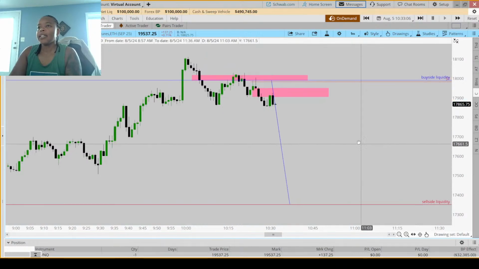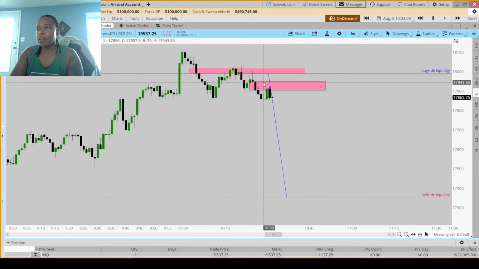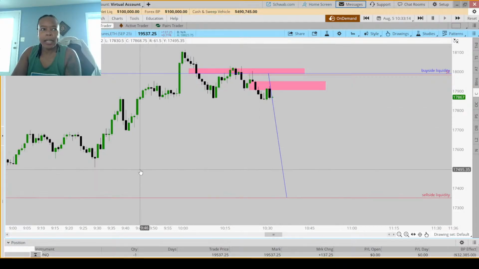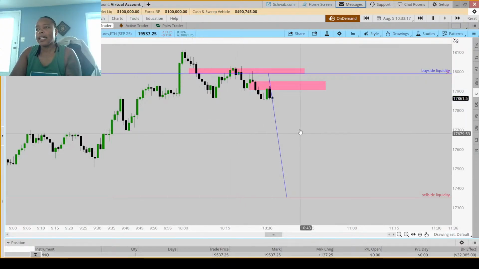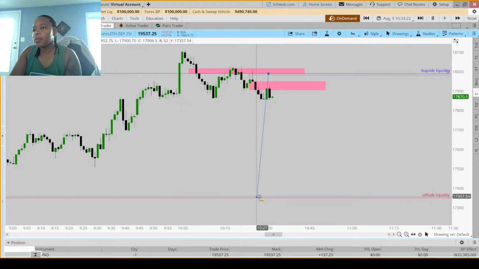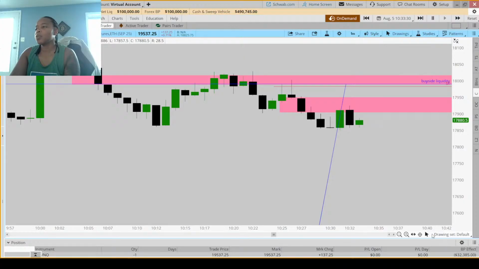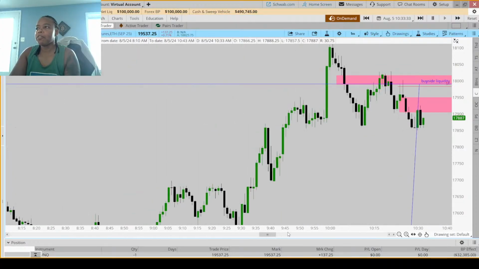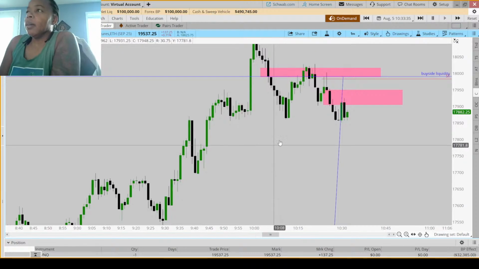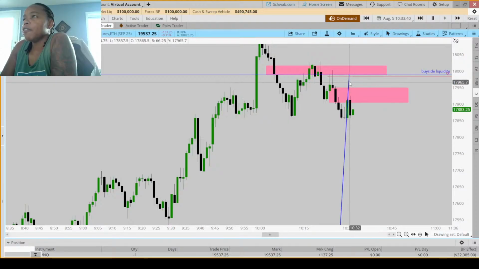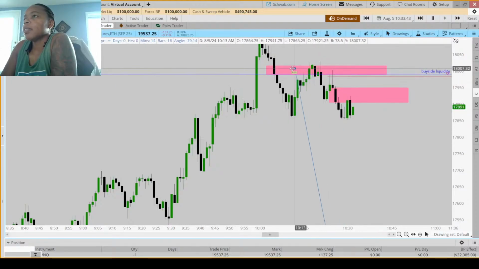So as it makes different structures, I'm going to lock in based off of the structure and just move my stop down and hope that I can get comfortable getting to where I want to be. Let me move this so it's not blocking the candles so you guys can see right there. Here's behavior I don't like, especially for a short. This is the sort of thing that would make me feel very uncomfortable. We've moved nicely, but this is annoying me.